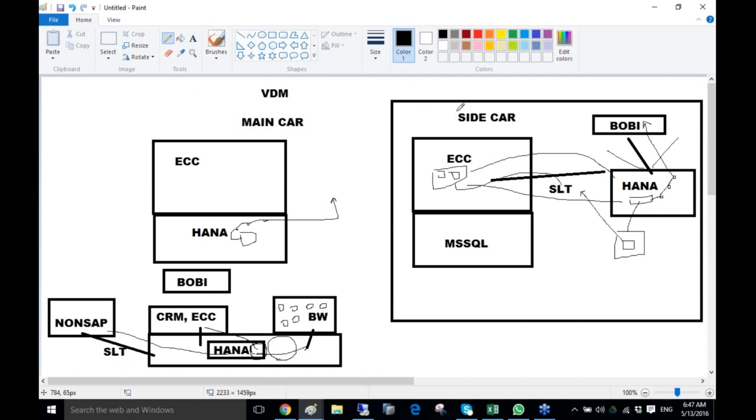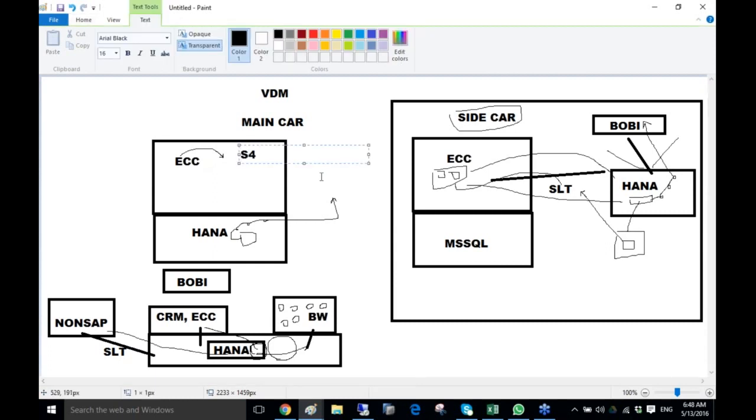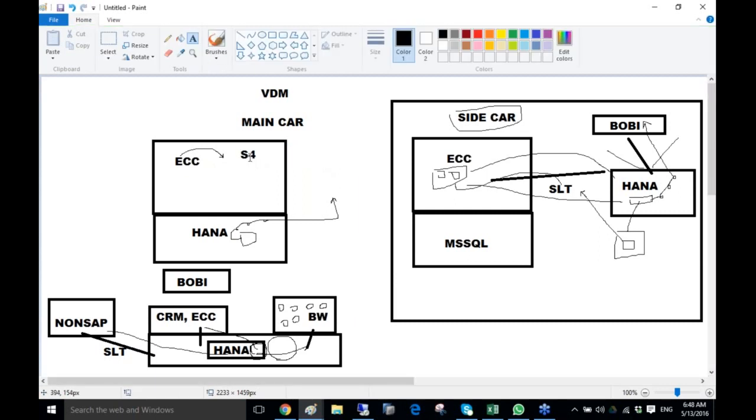So first, we focus on the sidecar scenario. Now again, ECC has a new generation software, which is S4 HANA, simplified fourth generation, wherein the data structures of the ECC are simplified. Now, instead of having 10 tables, I'll give a simple example. Instead of having 10 tables,